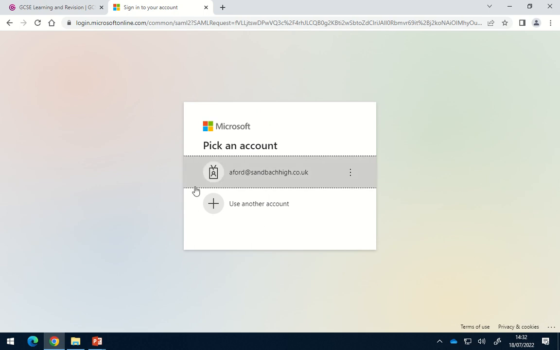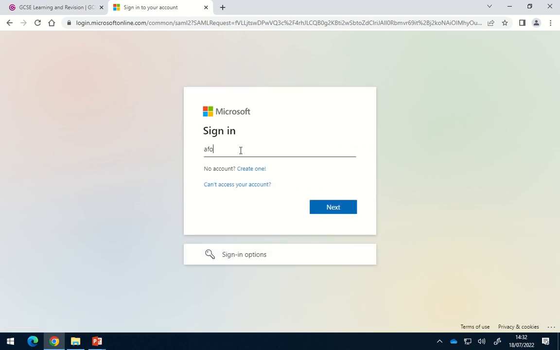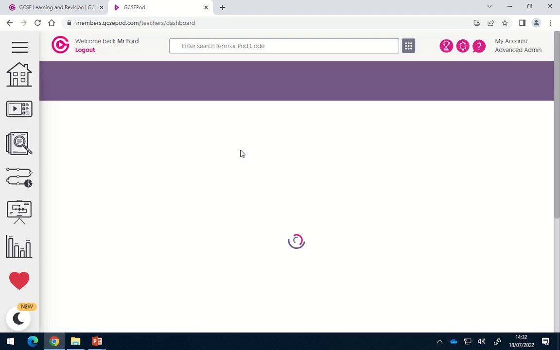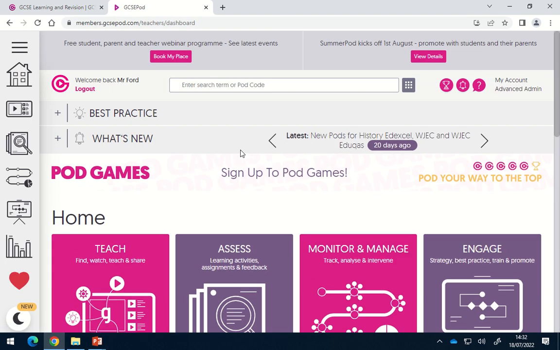Click Login. What it will now do is ask you to log into your Microsoft account. So this might be blank the first time you do it, but you just type in your username again. Like that. Now it should ask you for your password, which it might not do on this occasion, which it hasn't because I've already logged in. But I've just typed my normal password to log into my emails or to log on